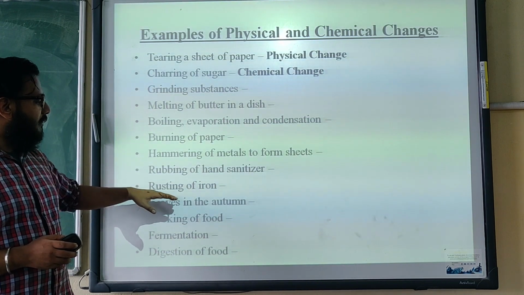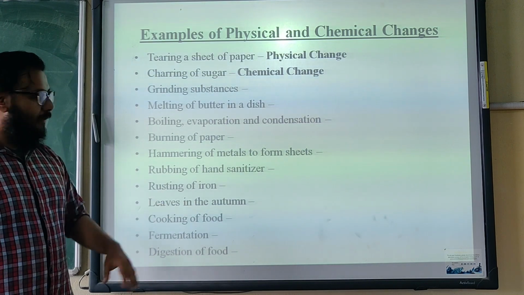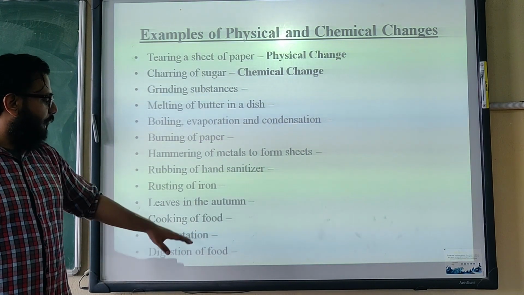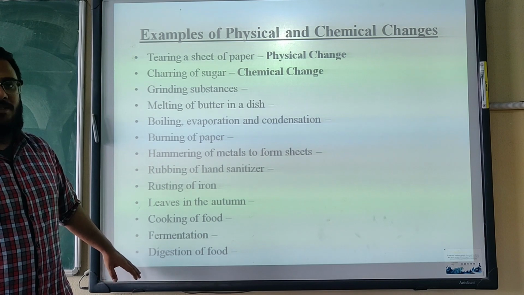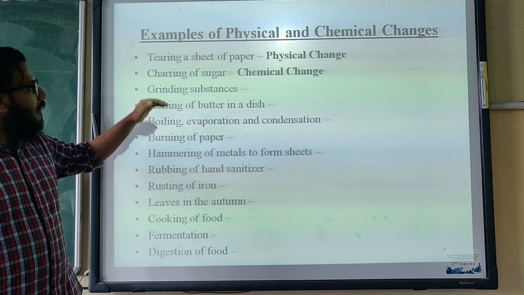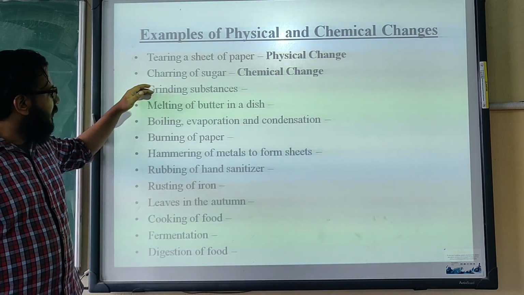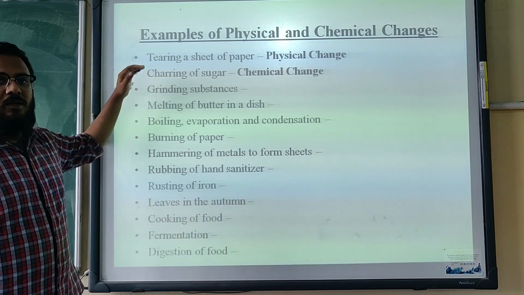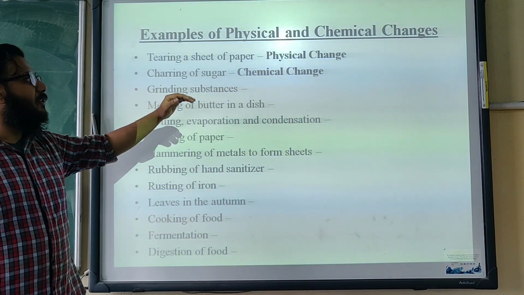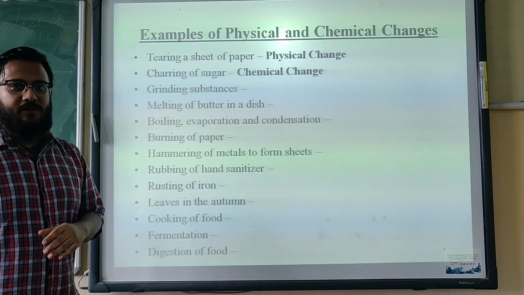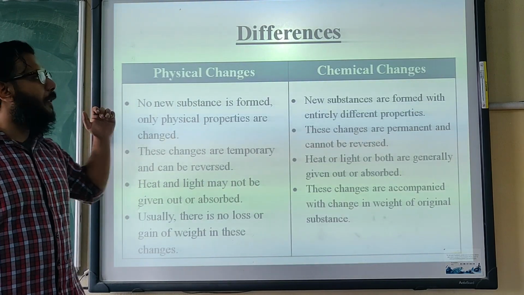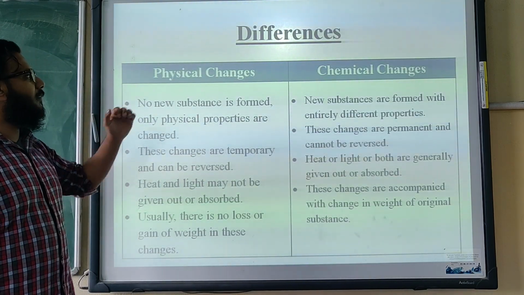Next point, rusting of iron, leaves in the autumn, cooking of food, fermentation and digestion of food. Okay, write down whether each of these changes is a chemical change or physical change, and send me the answers. Now we move on to a very important aspect of this chapter, that is the differences